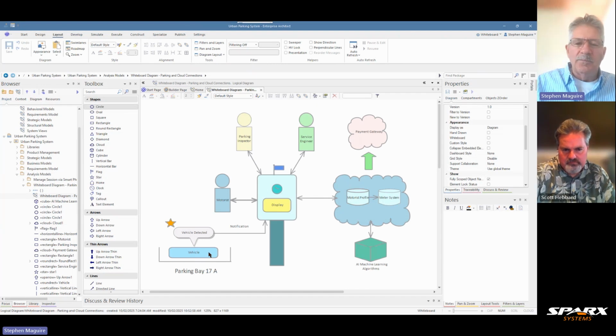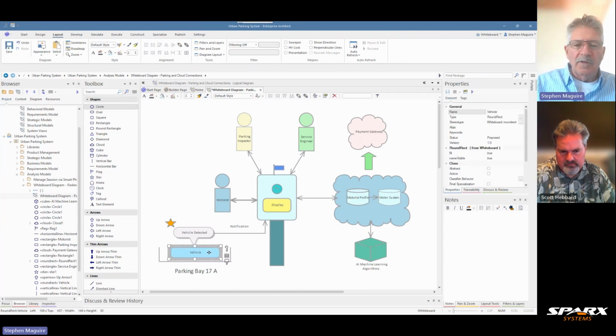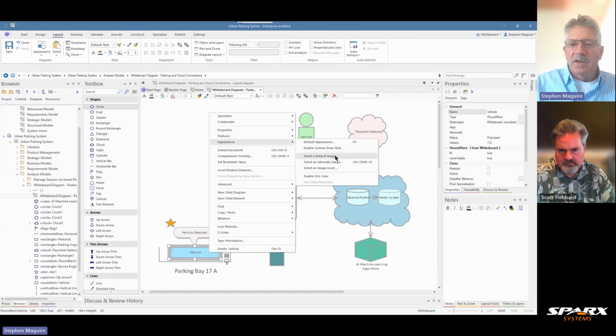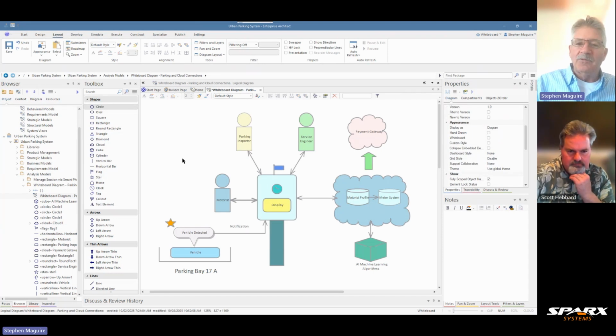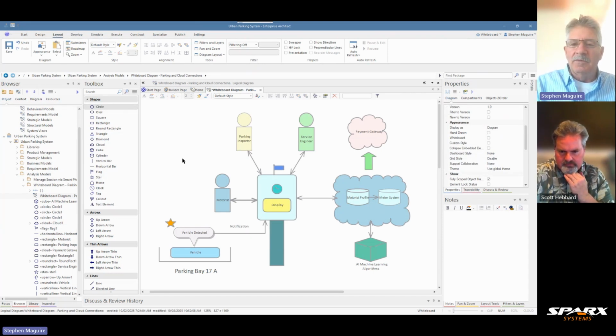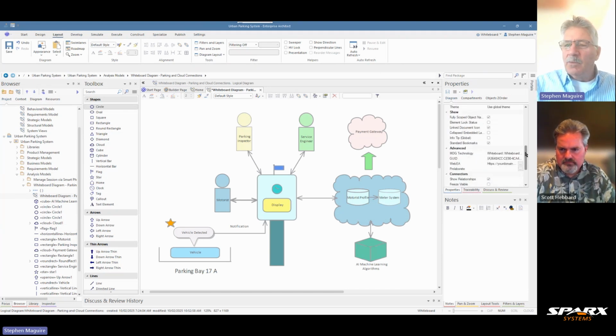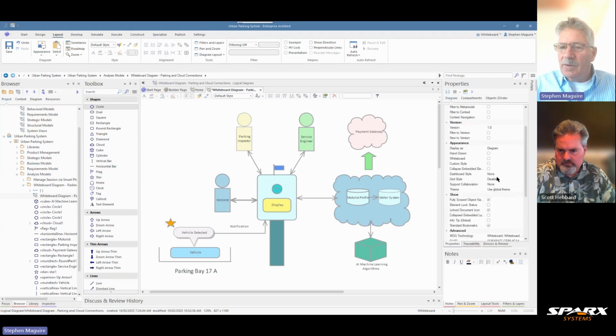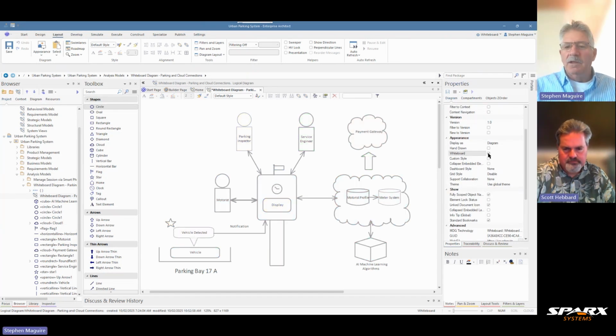And we haven't created an actual icon for this vehicle. But Scott, if someone wanted to embellish this further, there is always the possibility of doing that. They could go into the appearance here and select a different image, which could be a car, for example. So lots of opportunities here to enrich this with actual images as well. But I like to keep this in this simple sketch style. And just to reiterate, we have the diagram properties, and we can set those properties, remembering that we can put this back into whiteboard mode at any point, and it looks like a whiteboard diagram. So you may want to create two different diagrams, one like this for a particular style, and then another one